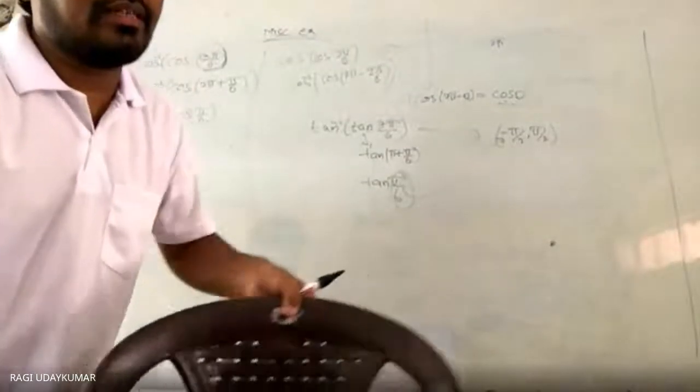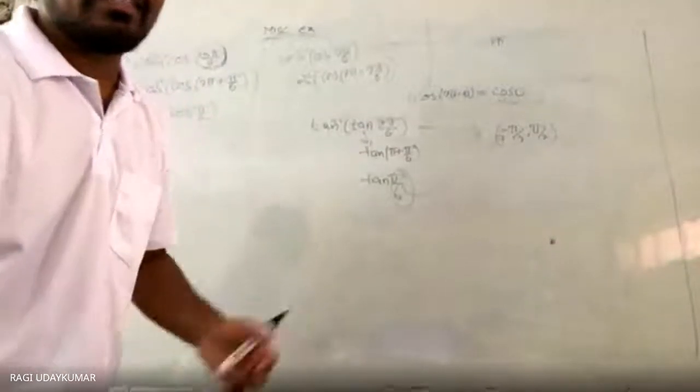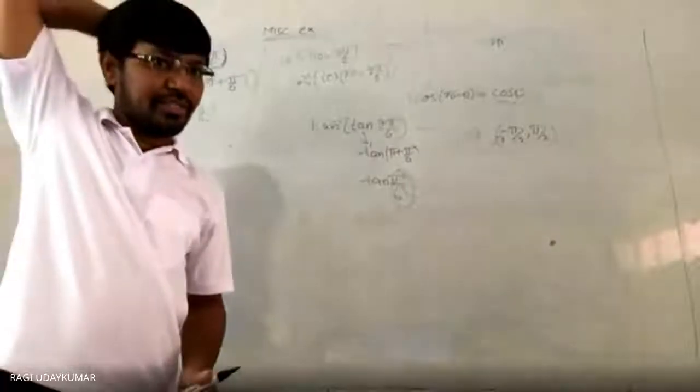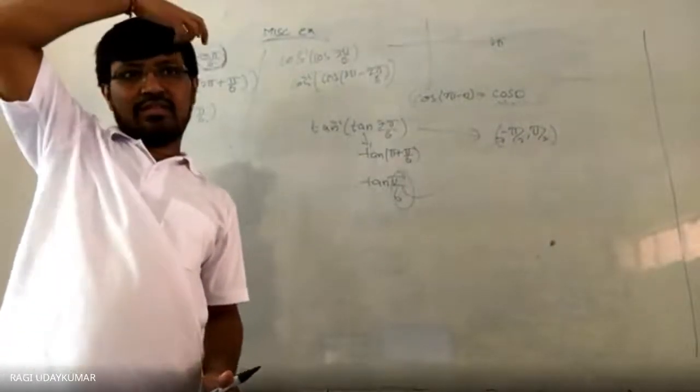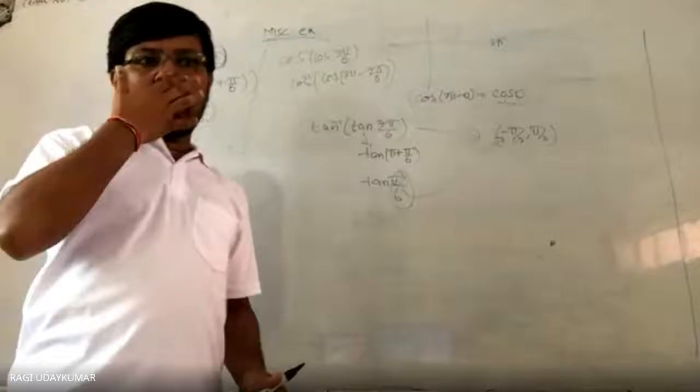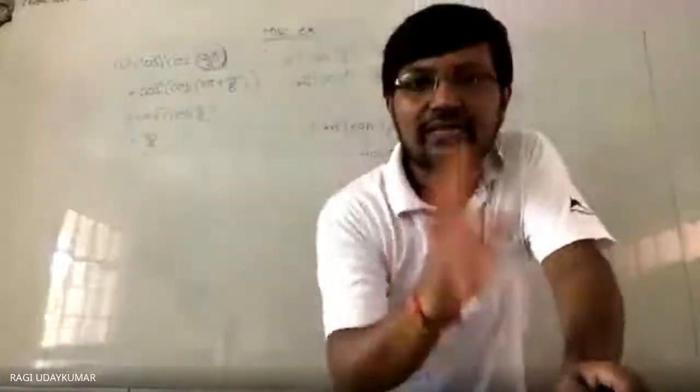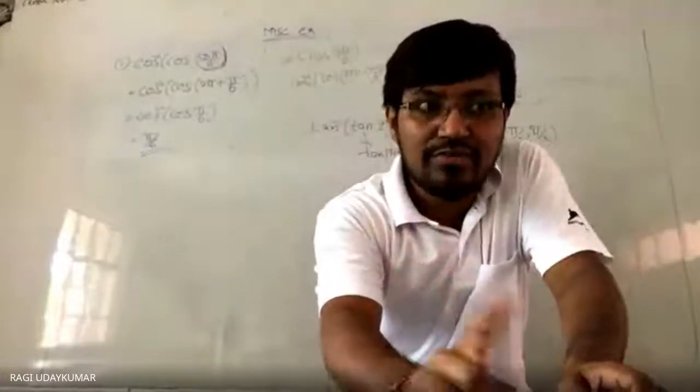So next thing is given to you in the third question, 2 sin inverse 3 by 5. I think you can do it. Can you do it? Yes, sir. Third, 2 sin inverse 3 by 5 in the form of tan.